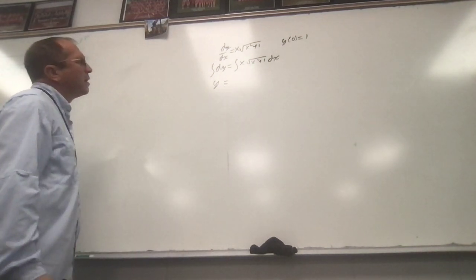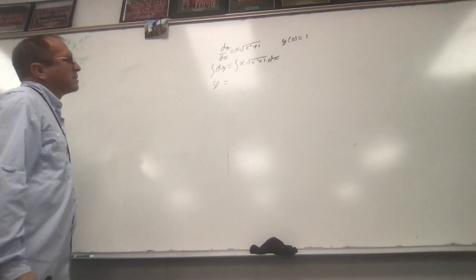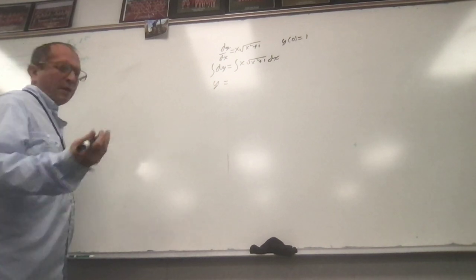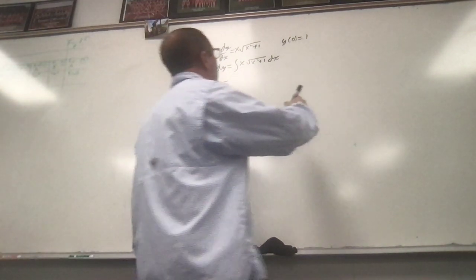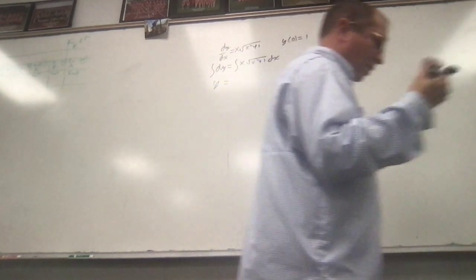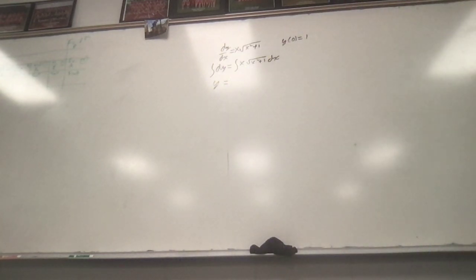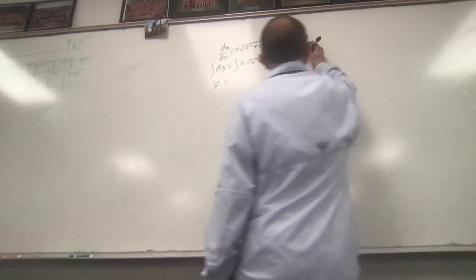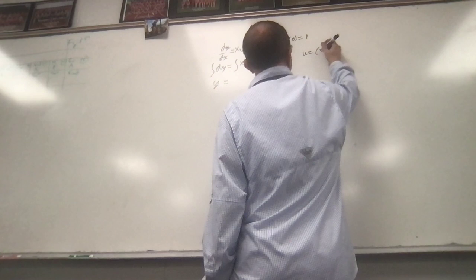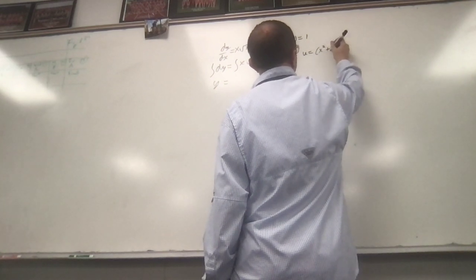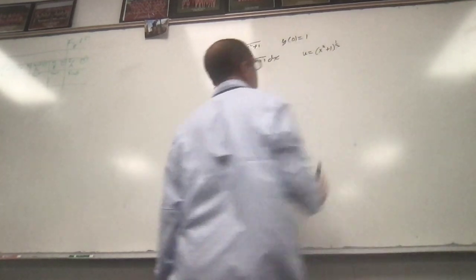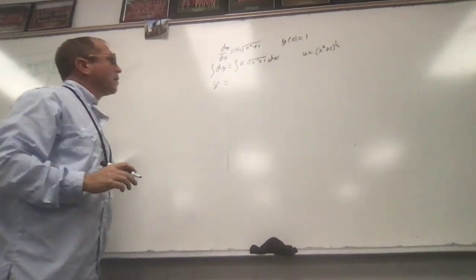Now, x times the square root of x squared plus 1. We need a u substitution here. So what do y'all want to let u equal? Whatever y'all choose, I'm going to do, and we'll see if it's right or not. The square root of x squared plus 1, okay. So let's let u equal x squared plus 1 to the 1/2 power. Okay? All right, so,